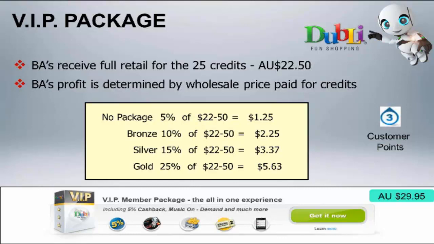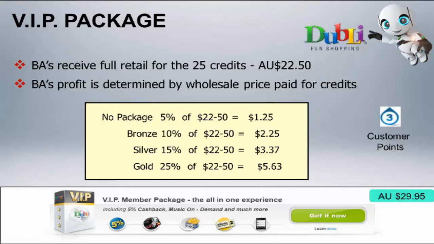But think about how much it's going to cost you as a business associate. You know that you'll pay $29.95 each month for the VIP package. But now you know that if you have the gold package or the gold percentage because you have the required number of customer points, then you will be receiving the $22.50 every month paid into your Jubilee Network account. In fact, you'll get the $22.50 on whatever package you have. So it's only costing you the difference between the $22.50 because you've already outlaid that amount anyway,